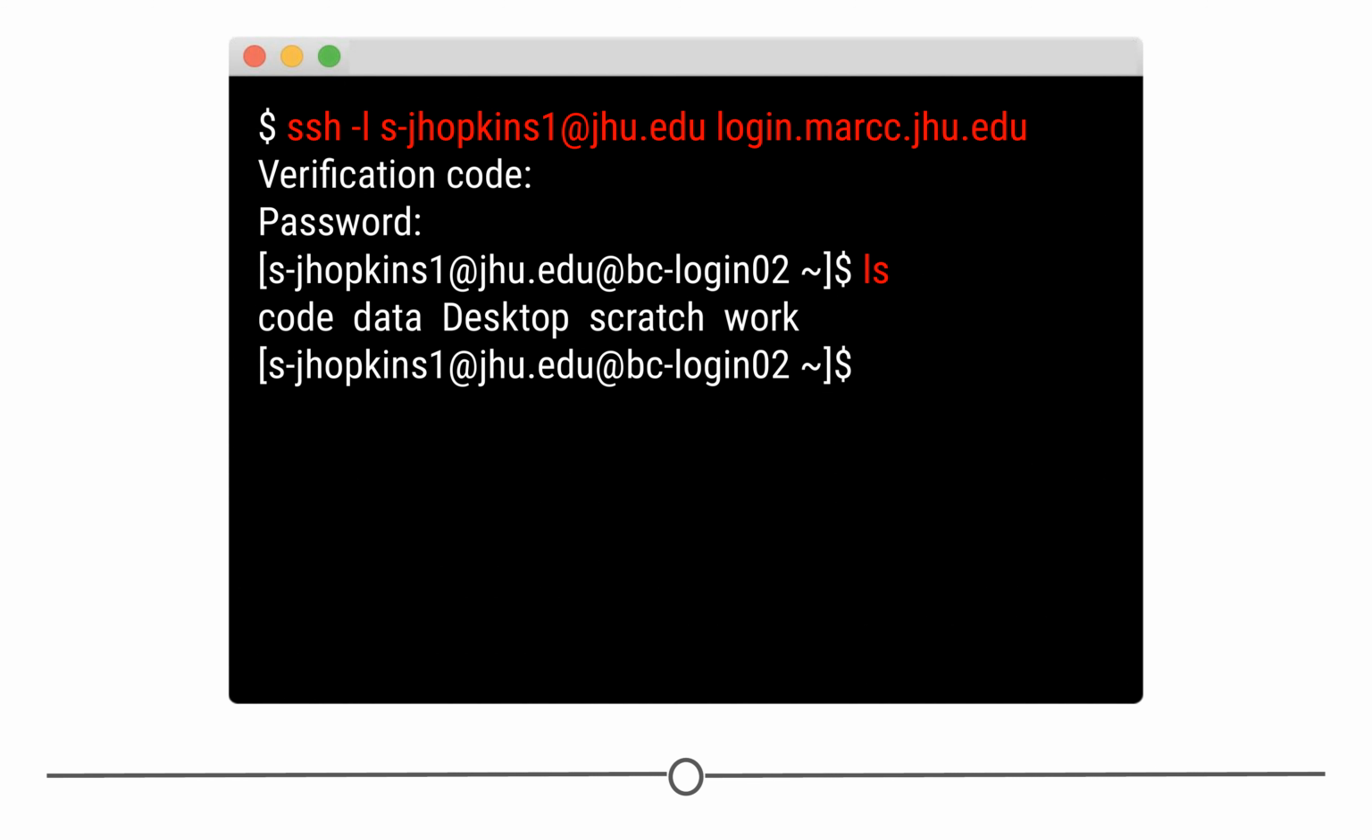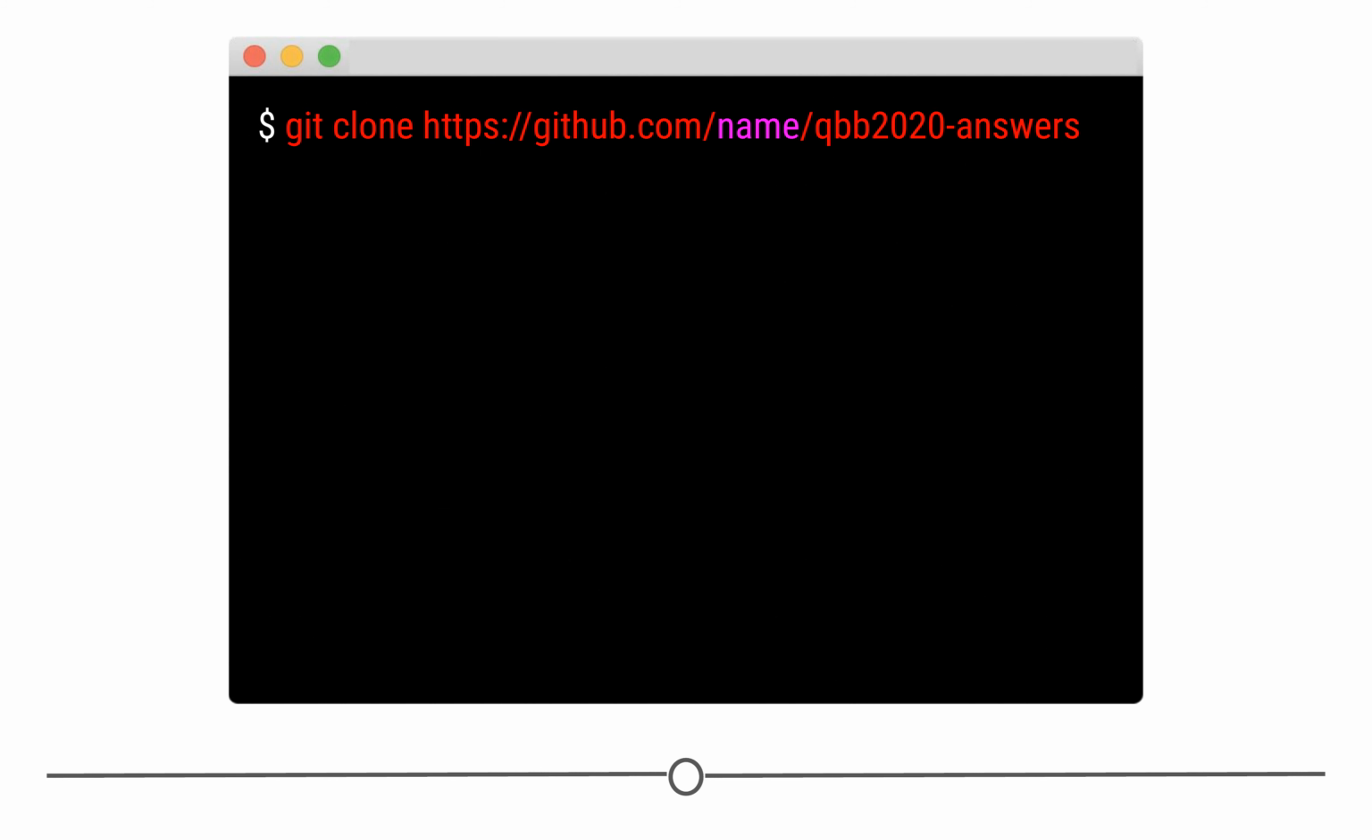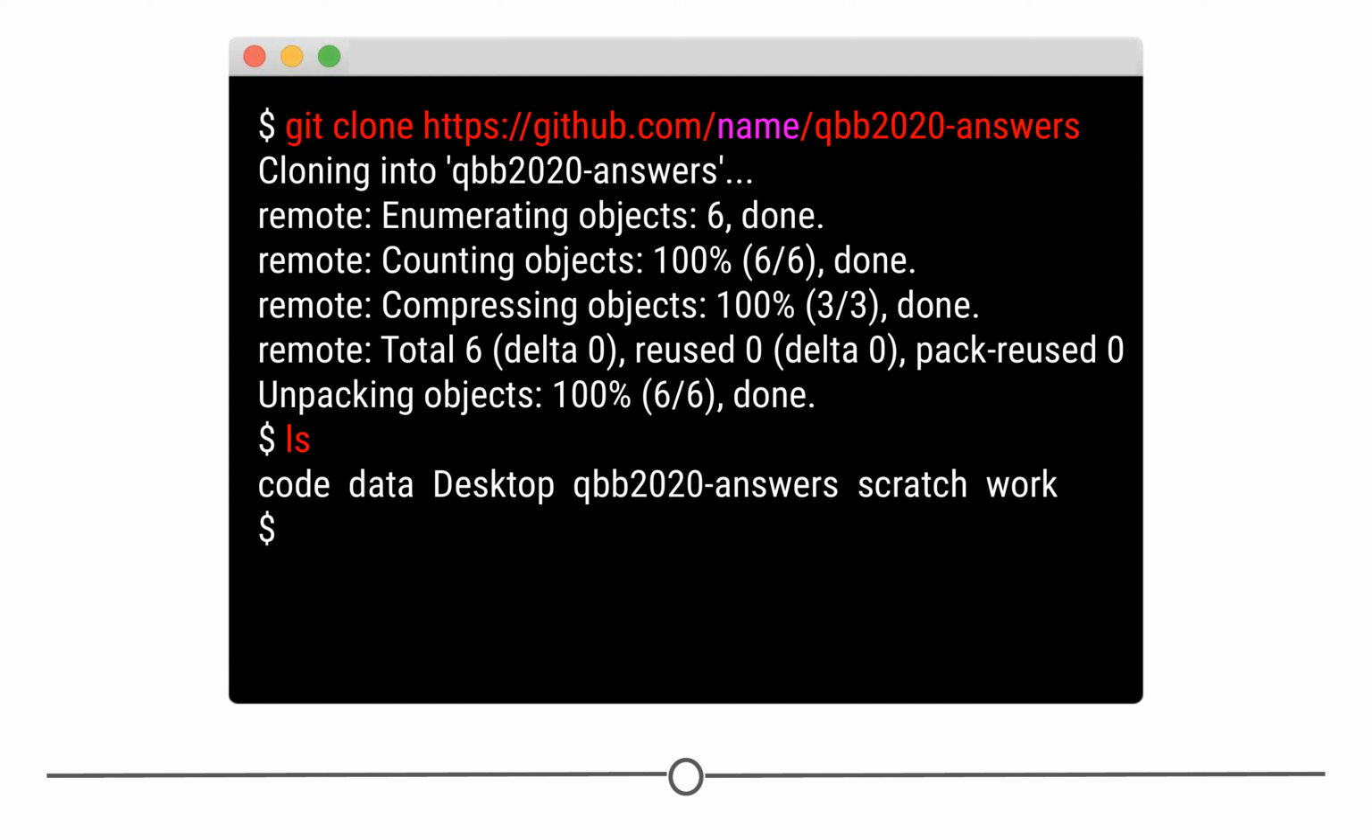work. Make a copy of your Git repository by typing in the command git space clone space https://github.com/name/qbb2020-answers. Note that you should not type in name, but rather your GitHub username. Assuming you typed in the correct command, Git will report the data it has transferred to clone this repository from GitHub onto MOOR. Double-check that this was successful by listing the files and confirming that a 6th directory now appears,